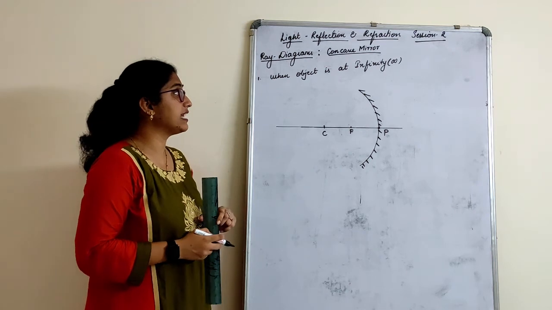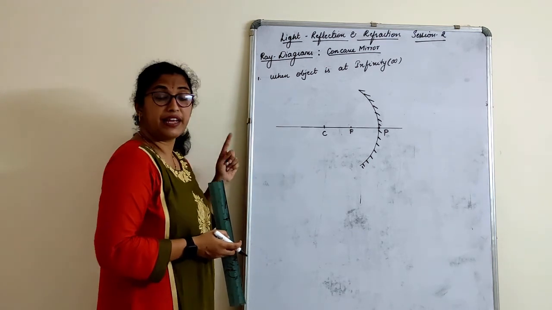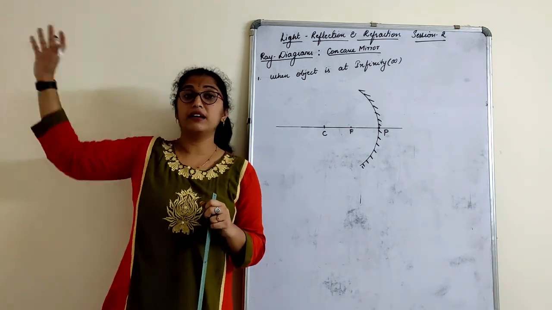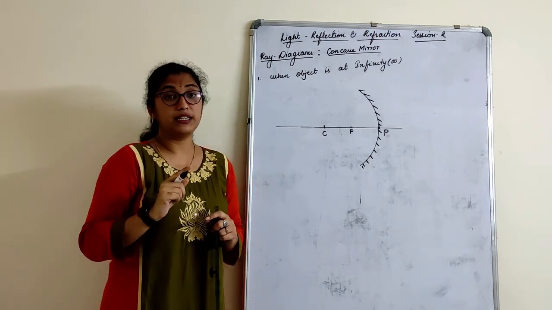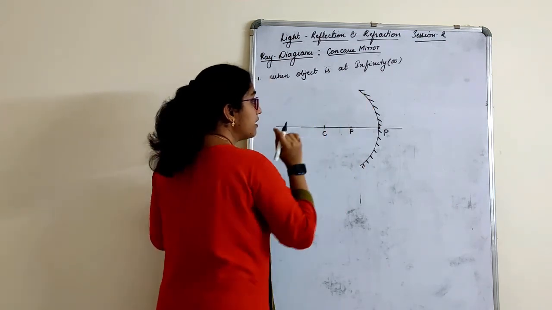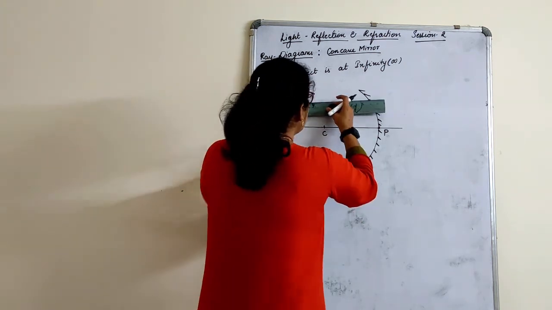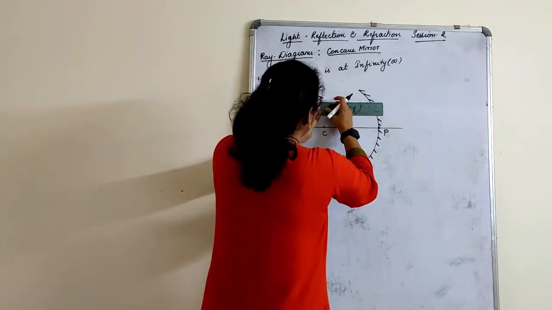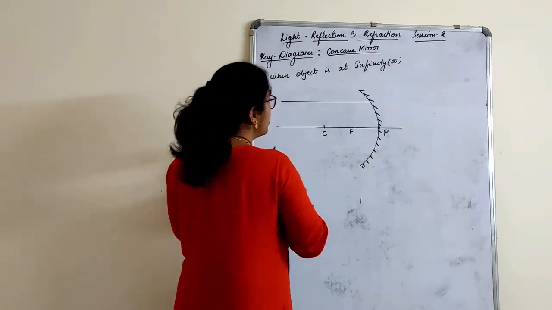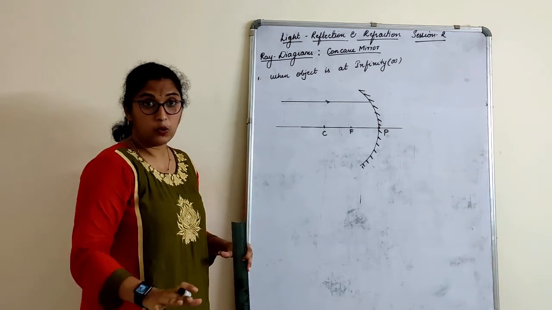When the object is kept at infinity, where should I keep it? Here, here, here, or where? I don't know from where the object is kept, but assume that the object is kept far away. If the object is kept there, how will the rays travel? The rays will travel parallel to the principal axis. The first ray from the object always. So assuming that there is a parallel beam of rays traveling from infinity, I have drawn it here. Arrow mark. Ray diagram without arrow mark is 0, nothing.